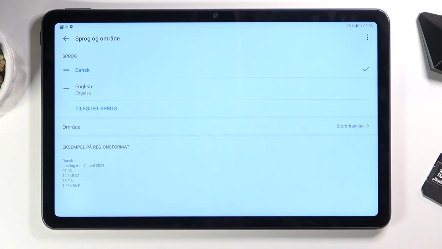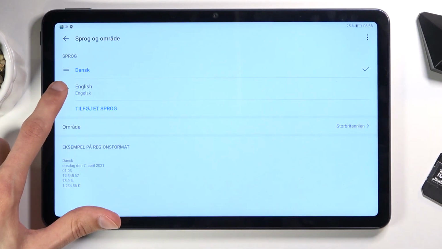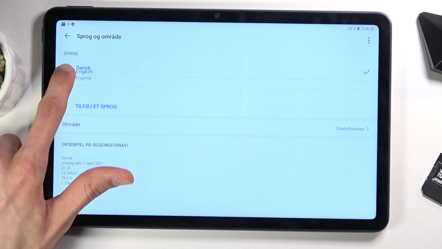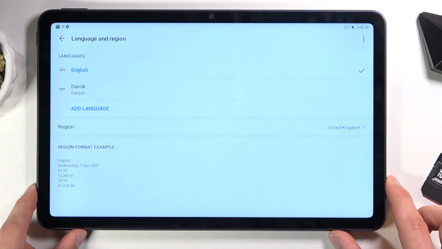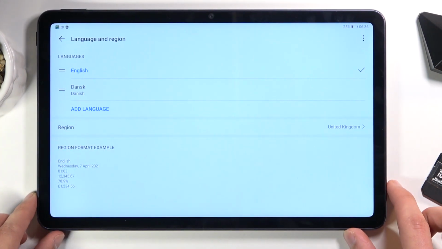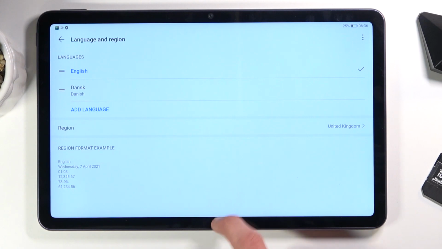So if you have already two languages right here and you want to switch between them, all you need to do is drag the one that you want to use over on top of the other one. And as you can see, it automatically changes the language. So that is how you change the language on this